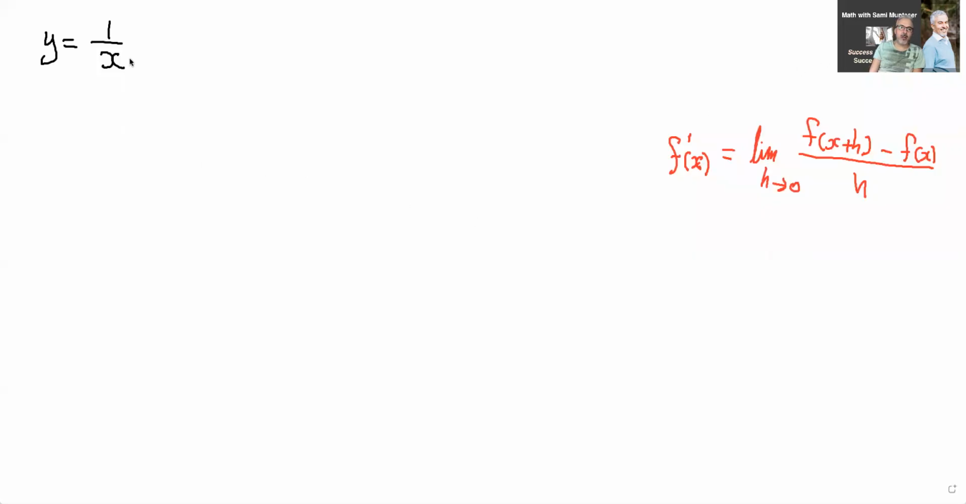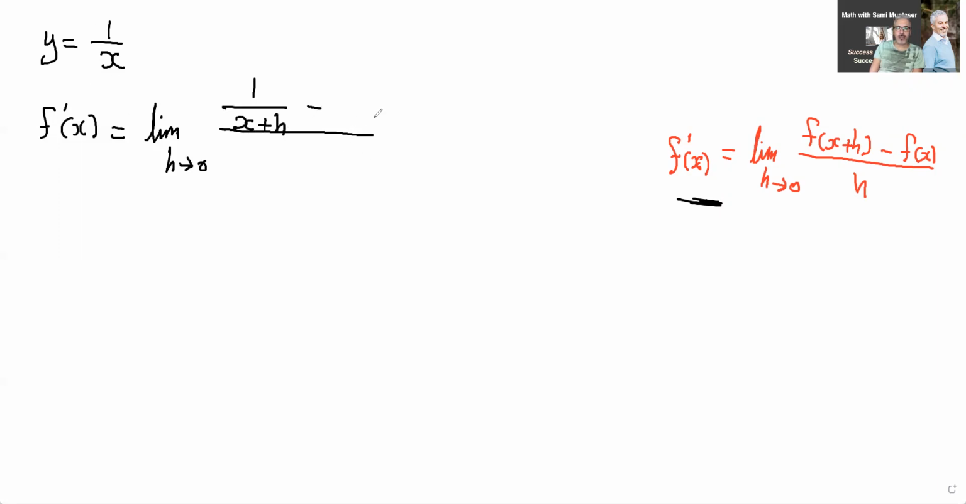So here is the question: y equals 1 over x, and they want me to find the derivative using the definition right here. So if I want to find the derivative right here, we say f prime of x, same as y, f of x. The limit as h goes to 0 of f of x plus h, just function notation. So this is f of x. So f of x plus h will be just 1 over x plus h minus f of x, which is 1 over x